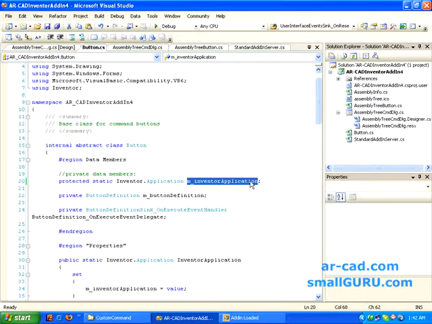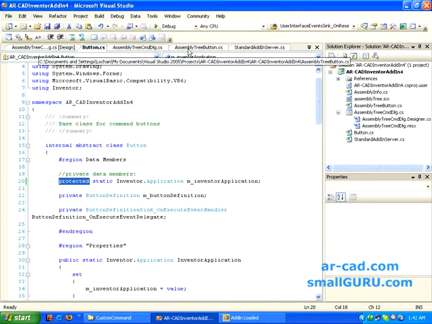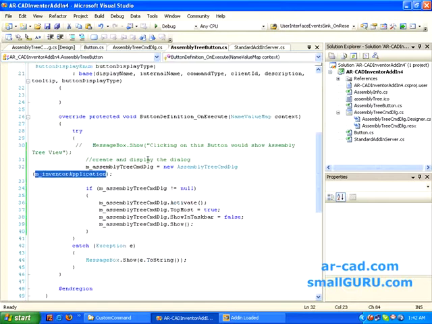Private will apply only to this particular class, and as far as I understand, protected would apply even to its dependents, as in the subclasses. Since we have subclassed assembly tree button to button, you can see it from here.